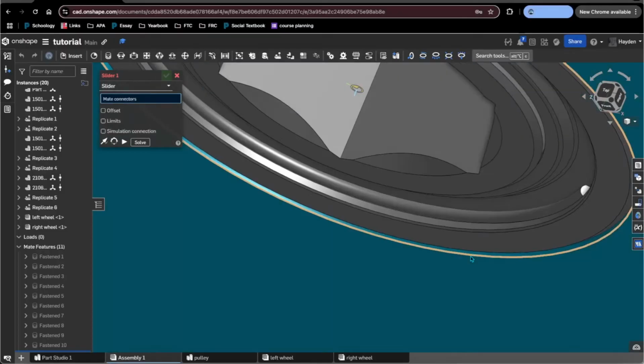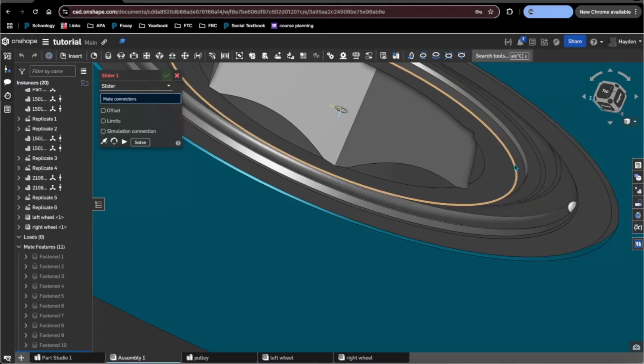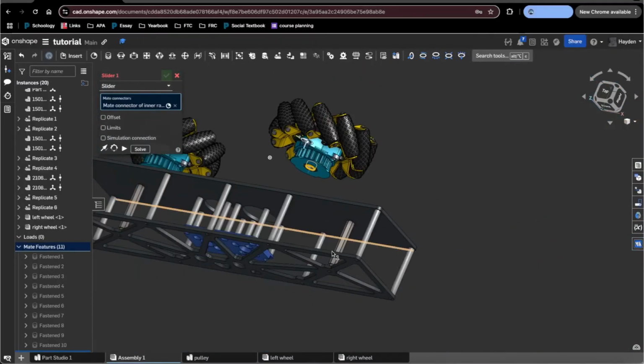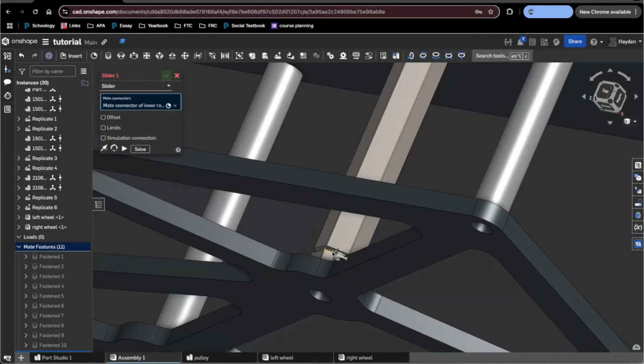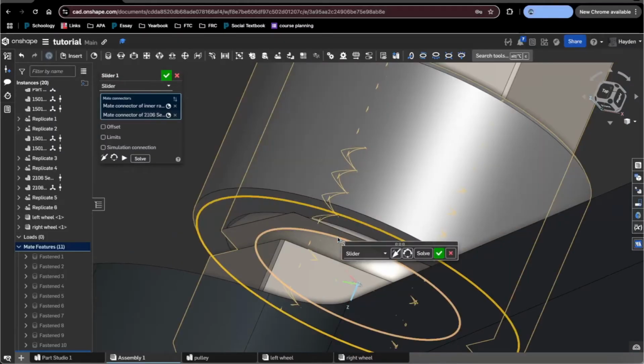What we're going to do is we're going to actually fasten it to the inner race of this bearing. So don't click on any of these circles here. You're going to want to go with this one here, and then go over to the rack shaft. Click on this little circumference here. And then